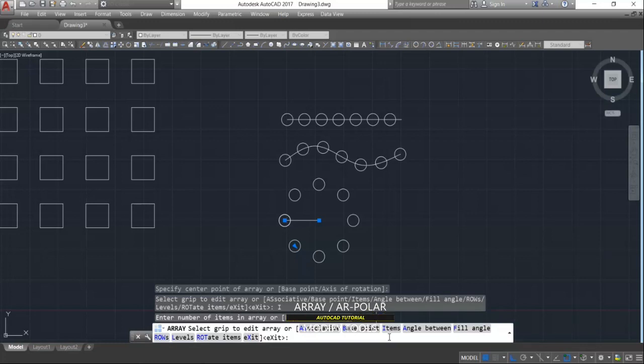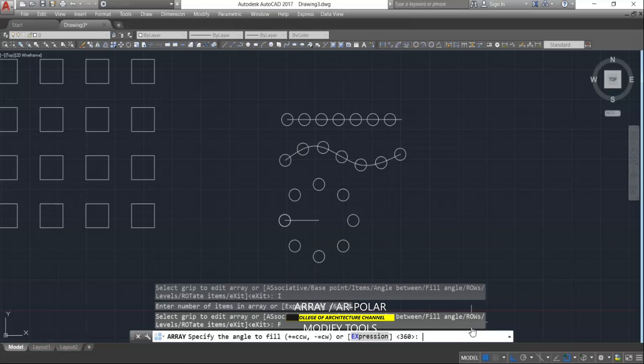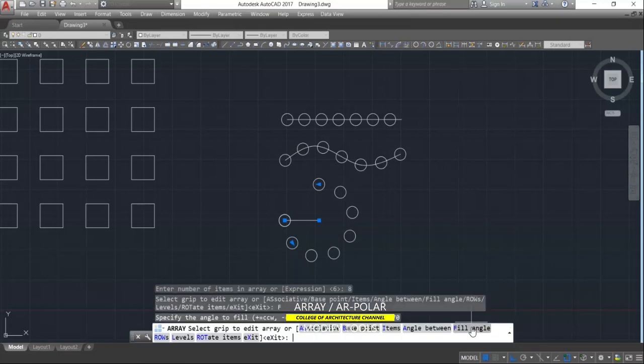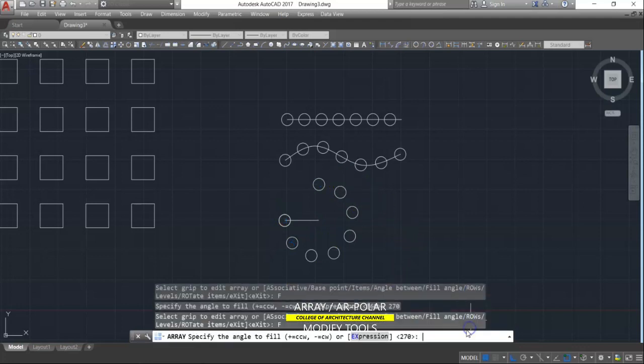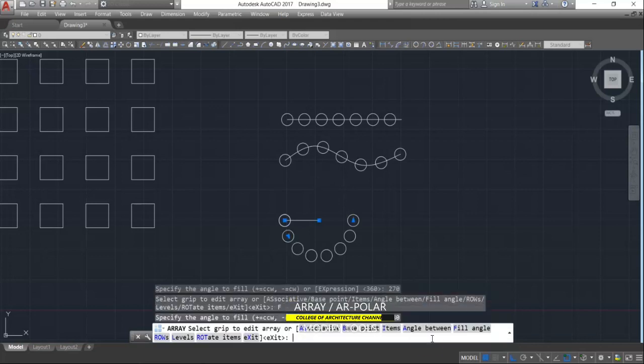And for the fill angle, you could change it from 360 to 270 to 90 if you want to. And to make it more accurate, you can select this one. If you want the angle to be 270, just type in 270, and the circles would fill in the 270-degree angle. However, if we change it to, let's say, 180, then you could only fill in the